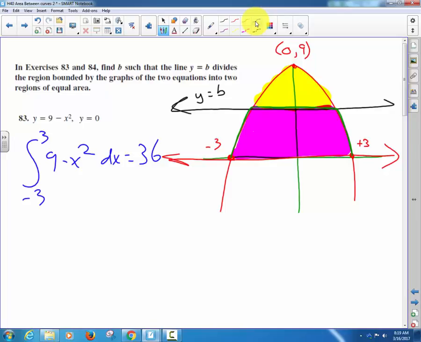In the intervals. How many intervals? 3, because does everybody see that over here, all the way to this point right here, this is the top